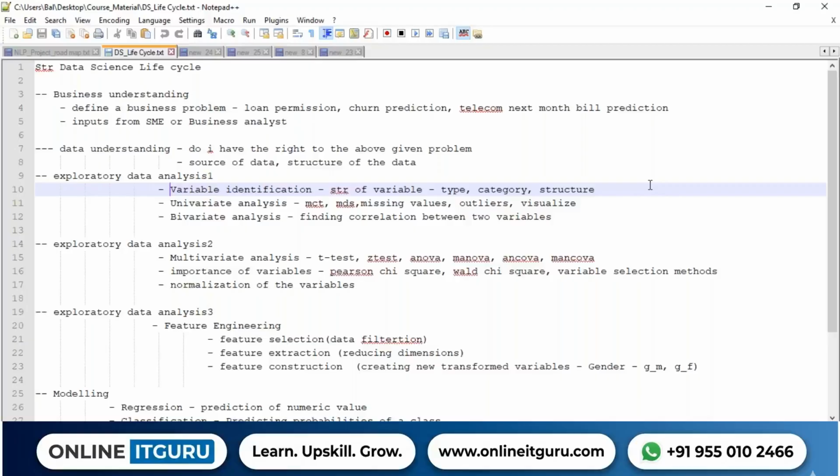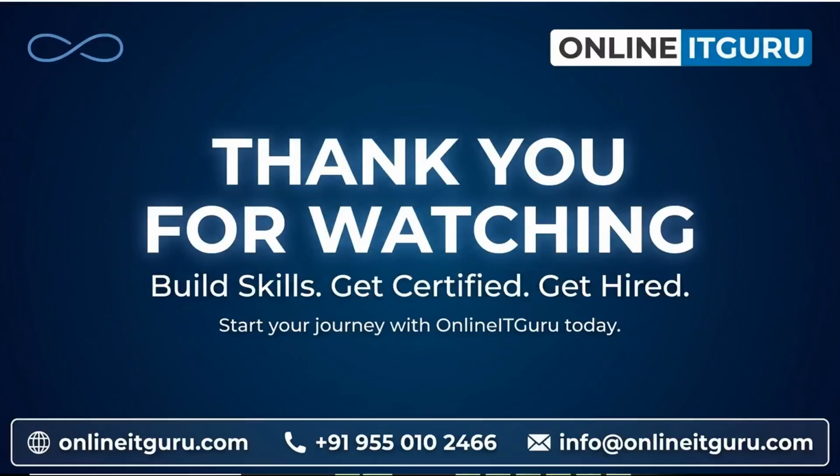And then the next step will be handling missing values. If there are any missing values in a column, that needs to be cleaned. And outliers. If there are any outliers in the column, that needs to be cleaned. First we need to find out whether it is an outlier or not. Then we can clean it up. And exploring the data visually, where we will visualize it. Univariate, we are finished. Then what exactly do we do? We understood a single column at a time. Now I want to understand, is there any relation